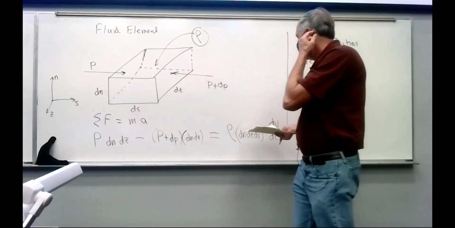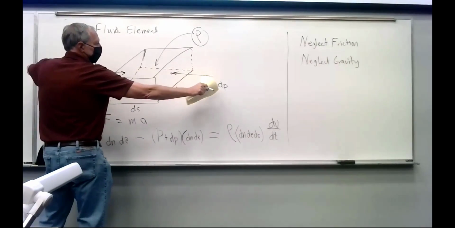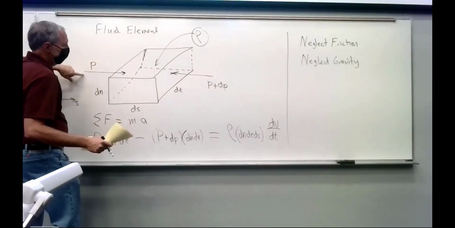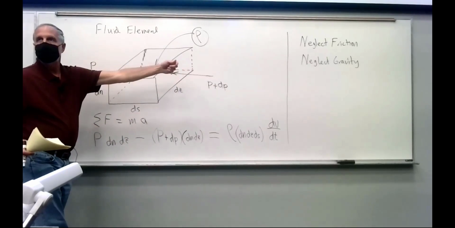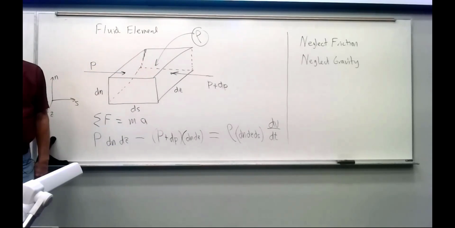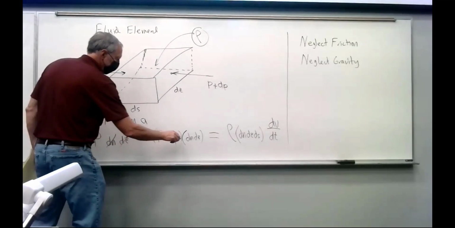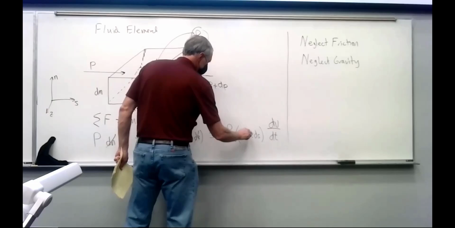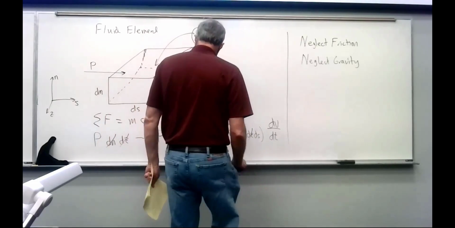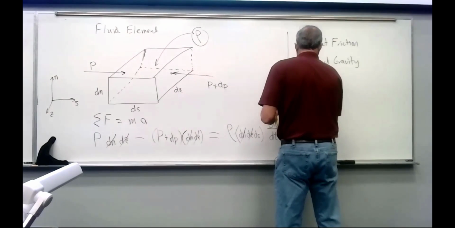So really what we're going to find out here is that if the pressure increases, so if we have extra pressure over here compared to here, the fluid's going to slow down because there's a backward force on it. And if the pressure is decreasing, then it's going to speed up. Just Newton's law. A net force accelerates or decelerates the particle. Okay, the dN and the dV go away. And the P's cancel out. So the end result